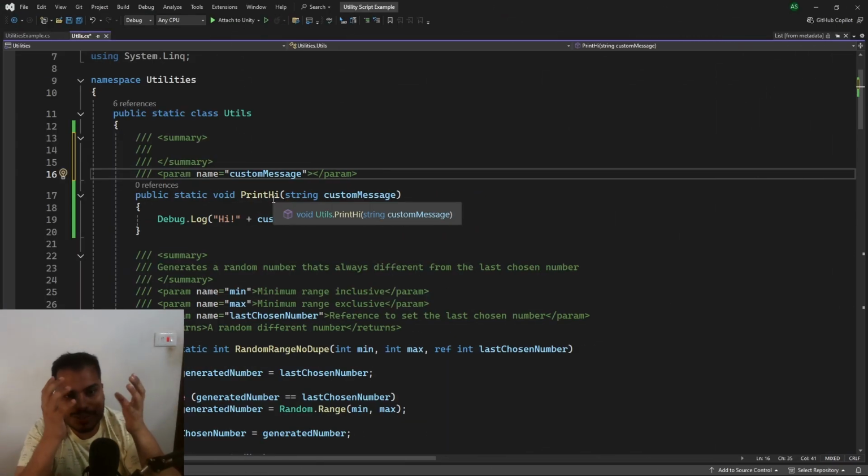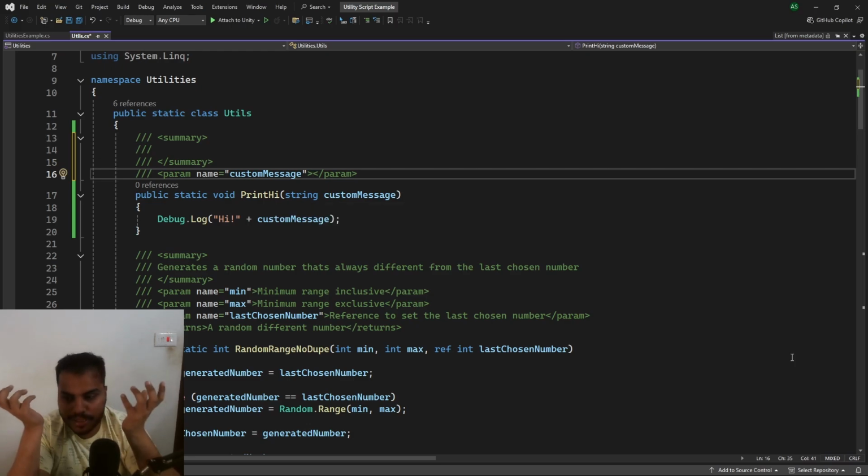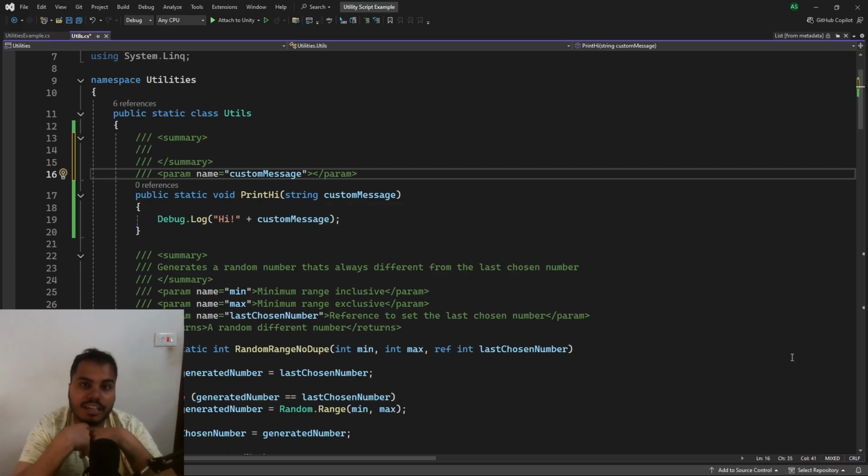So I hope this video was useful. Like, it's not a usual tip, but I hope you understood how things work. I've been extremely busy, so I couldn't come up with proper examples, nor could I find the time to actually script this video. So I hope this video gave you some insight on how static functions work.